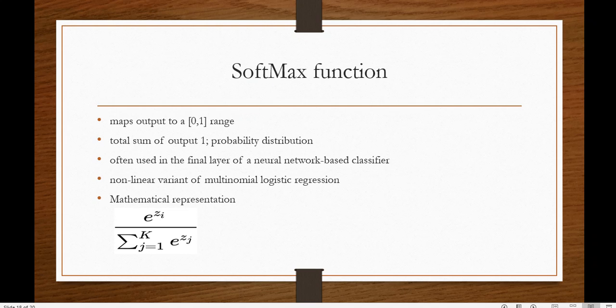As we move on, we will have some different discussions using some data hands on, then we will use different activation functions. That way we can have a better idea, but for now we should be clear that these are the activation functions. The use of an activation function is to convert the outcome so that it can be easily fed into the next layer, and it can decide something in the next layer, whether it's a hidden layer or an output layer. And there are different functions starting from the threshold function.